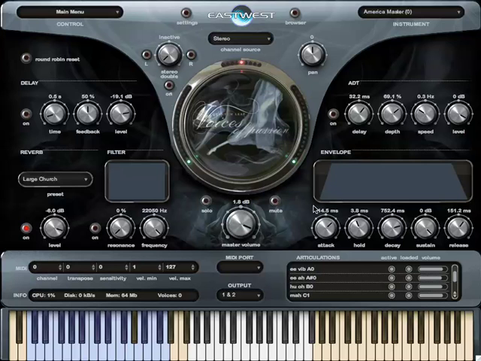This patch is basically a giant key switch, and if you're watching the screen as it was playing, you can see the blue keys here on the bottom keyboard were used to access different key switches. If I look in the articulations window, I can see all of the sounds that are available in this patch,